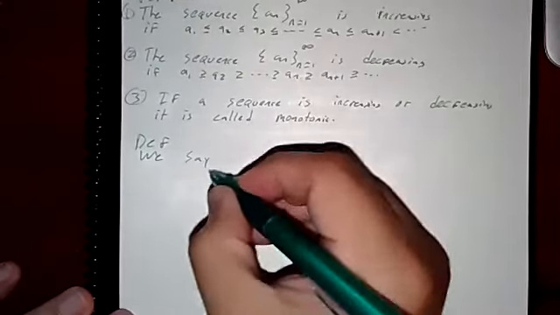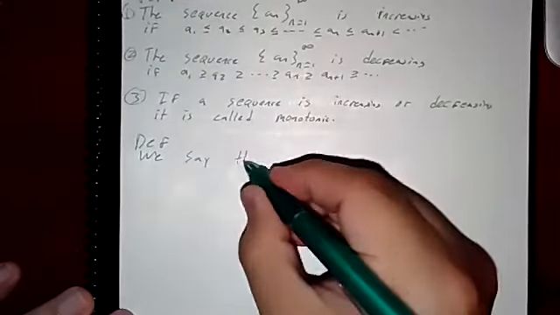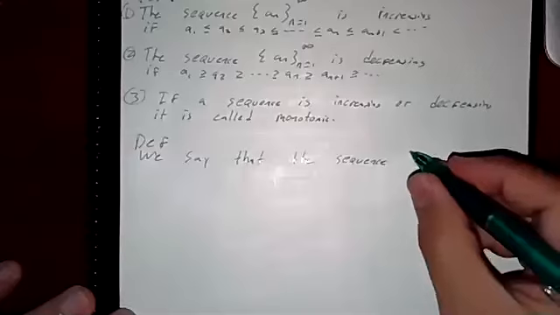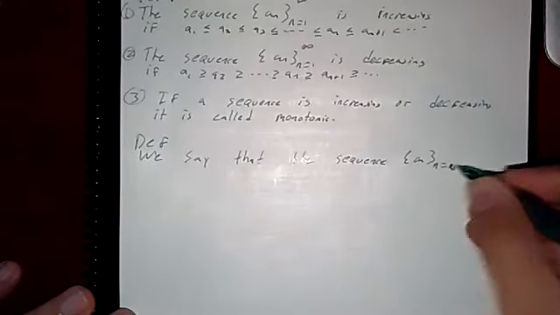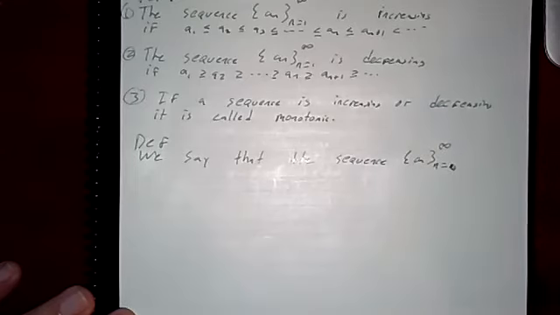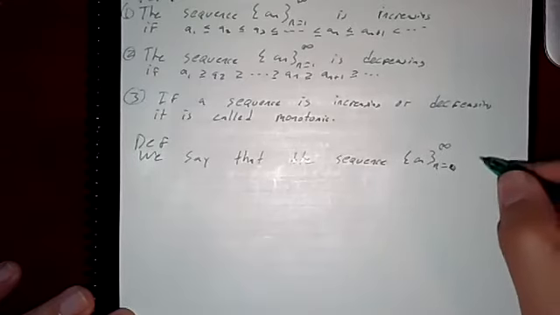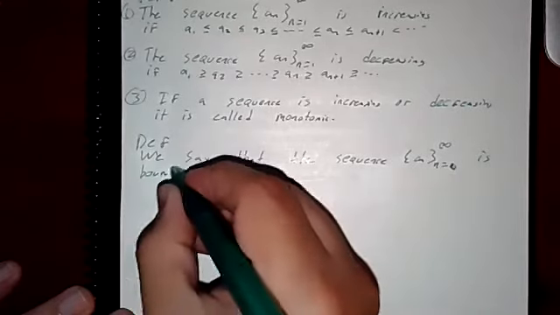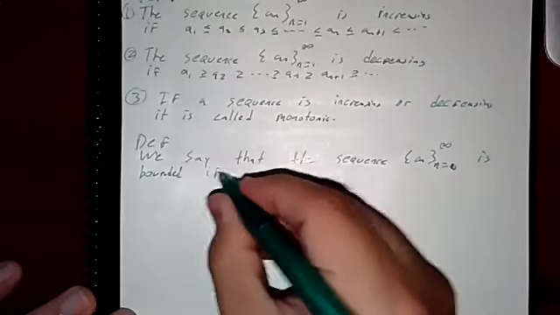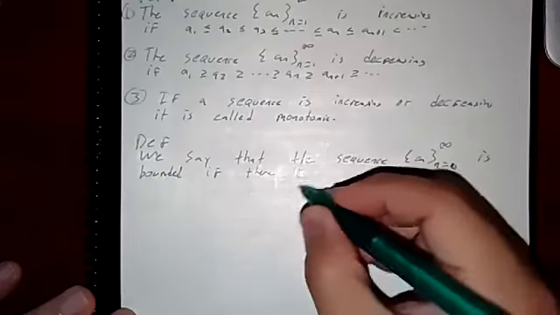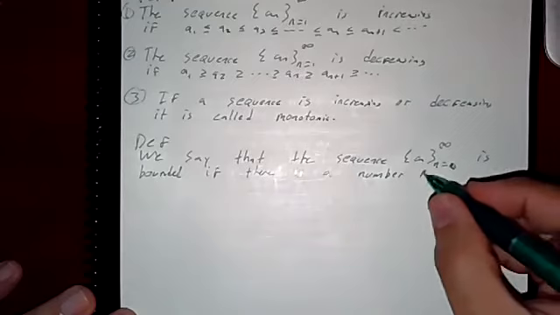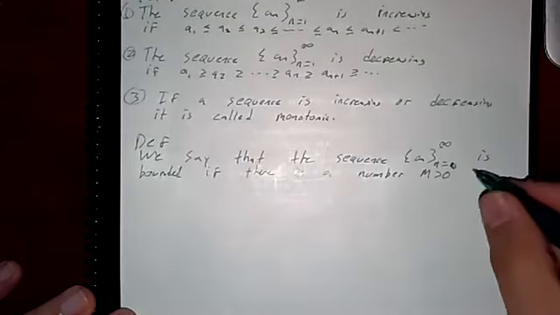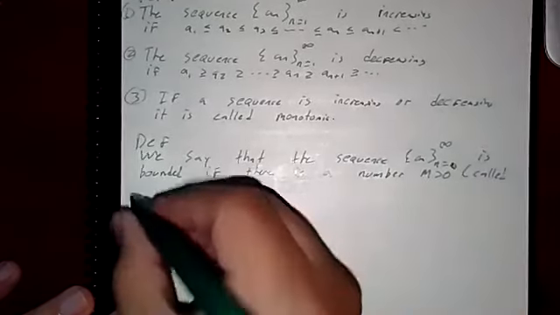So we say that the sequence a sub n from n equals n sub 0, just some general term, is bounded if there is a number capital M greater than 0, called a bound,